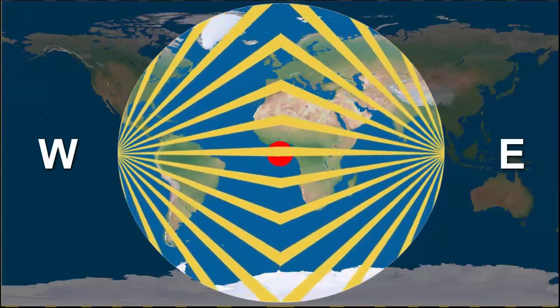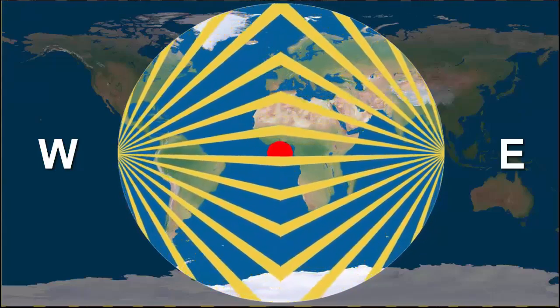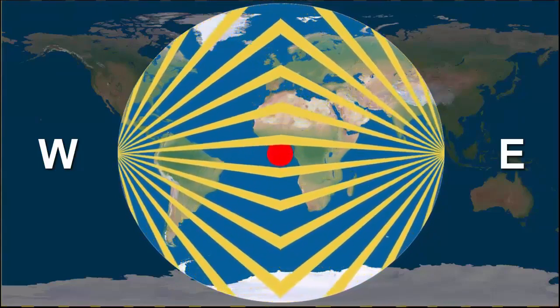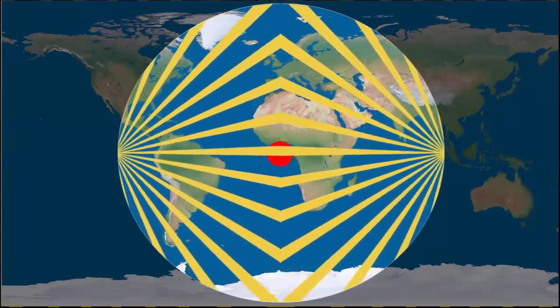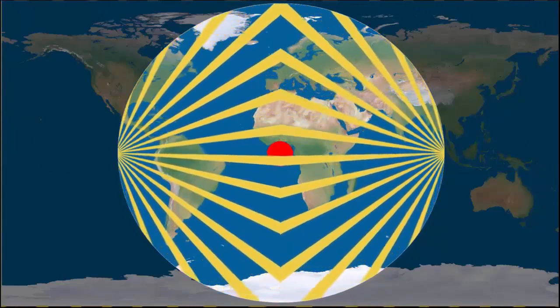Okay, let me crop these and set them side by side and have them rotating in the same direction, the crepuscular rays and the stars, just to get an idea. You'll see the similarity.